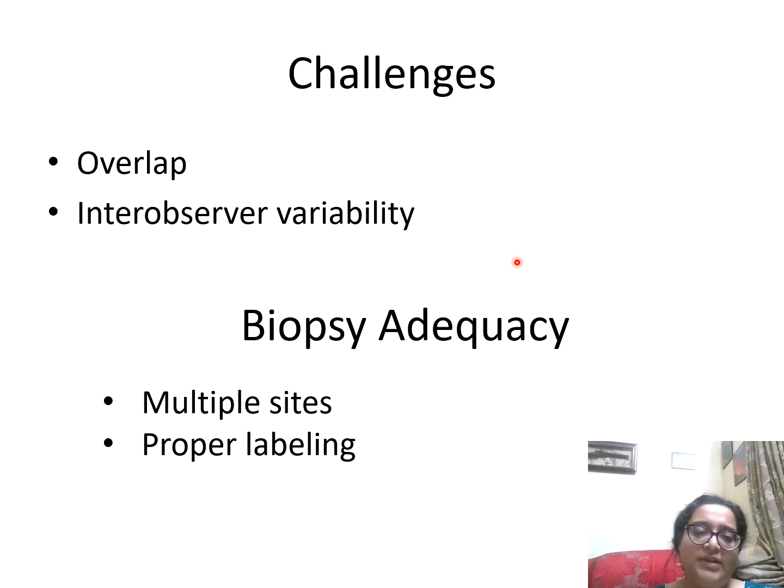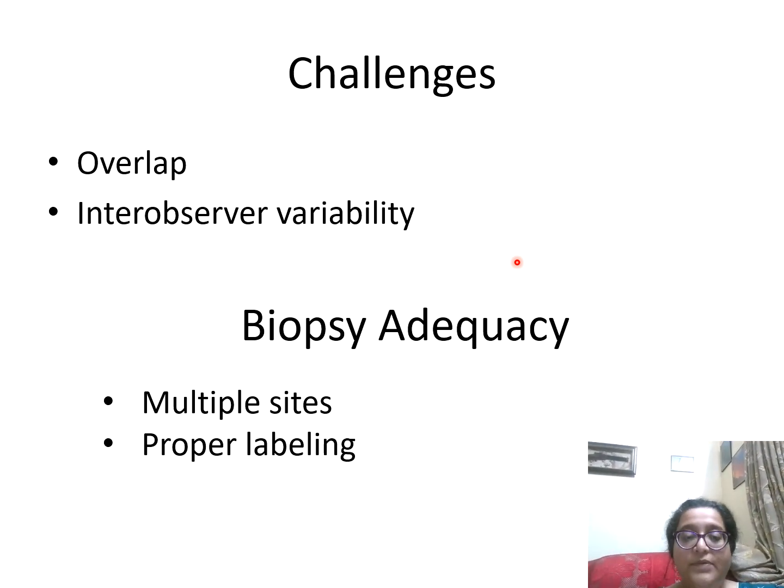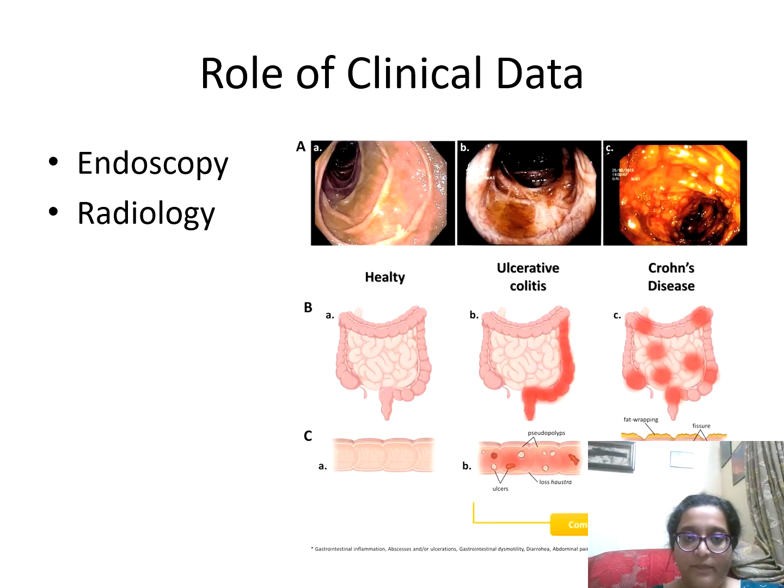See, these are the common challenges: variability is there, overlap between the microscopic findings is there, adequacy of the biopsy is a very important thing. It should be an adequate biopsy from the correct area. And I told you what kind of involvement of the colon, if I'm talking about IBD colitis, is there. So I need to know whether there are skip lesions or there's continuous involvement, backwash ileitis, cobblestoning, etc. We need to know all these, okay?